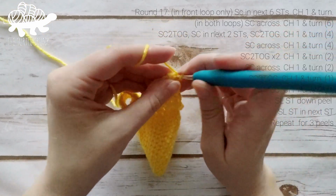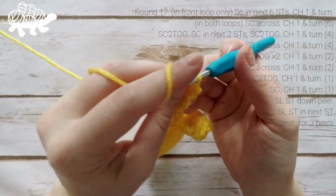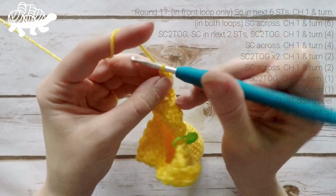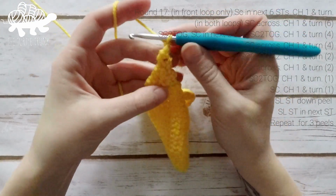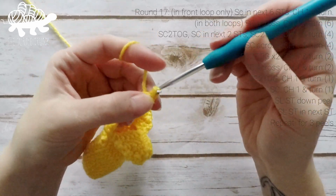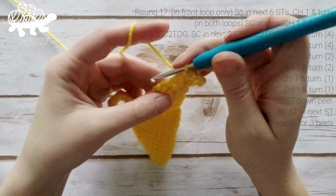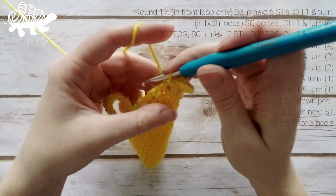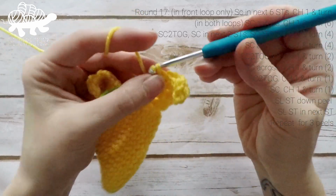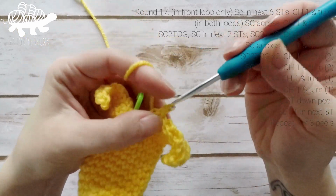For row 7, we're going to single crochet those 2 last stitches together, chain 1 and turn. And for row 8, we're going to work 1 single crochet in that final stitch, chain 1 and turn, and we're going to work a slip stitch in each of the rows down. So slip stitch into the first one, second, third, 4, 5th, 6, 7, and 8. Okay,